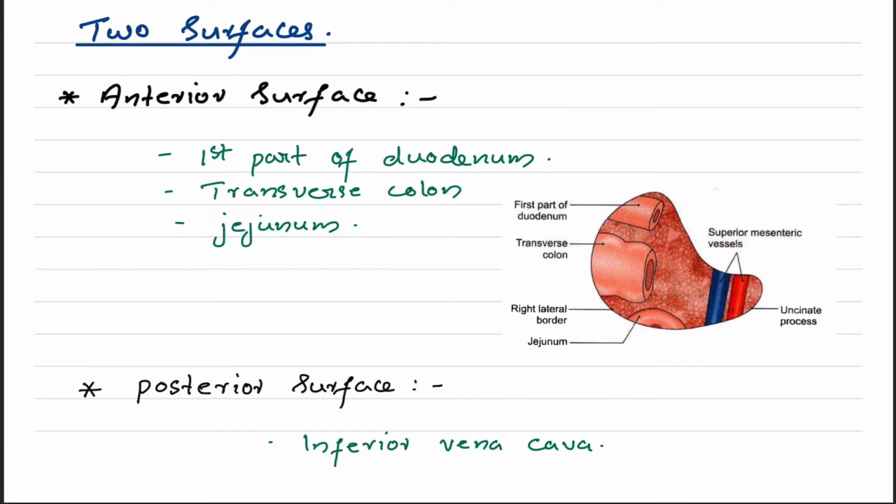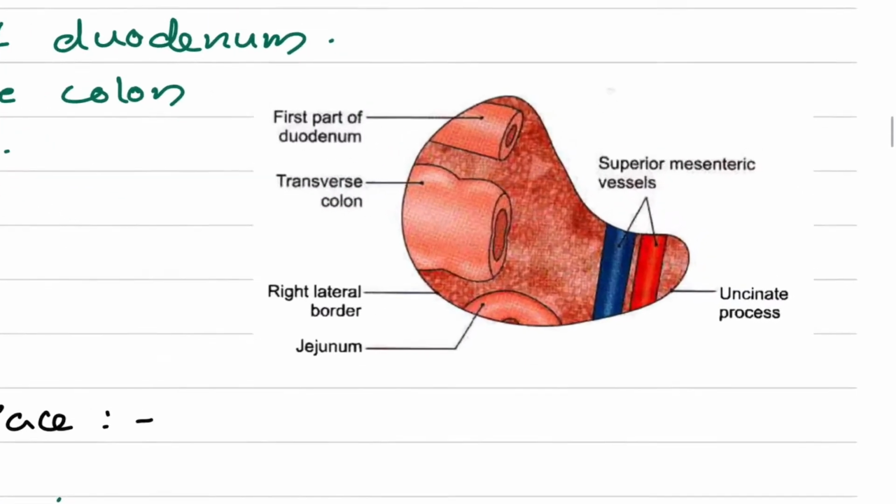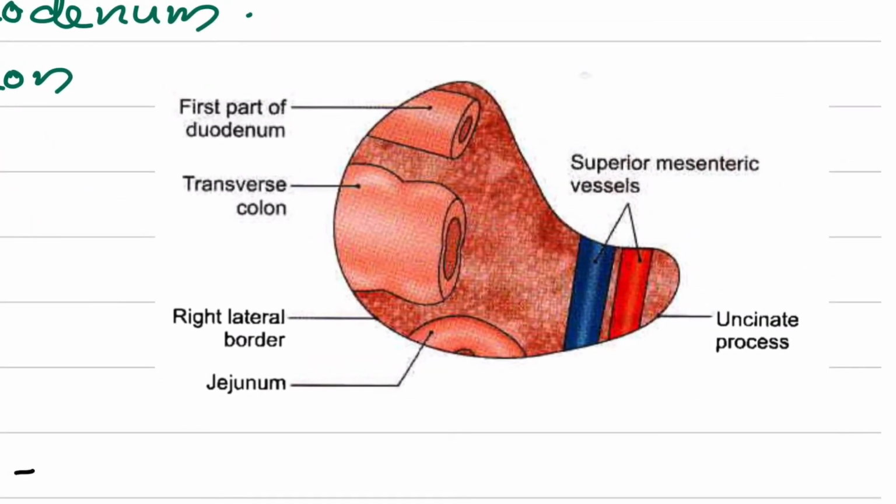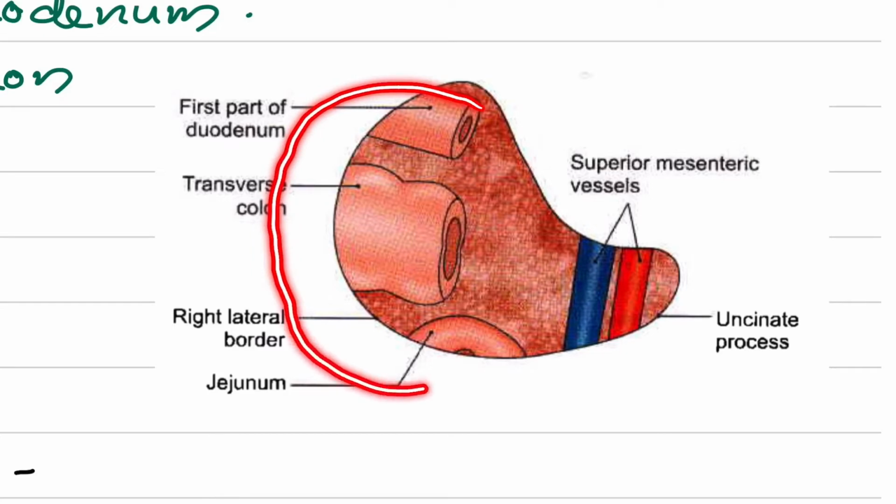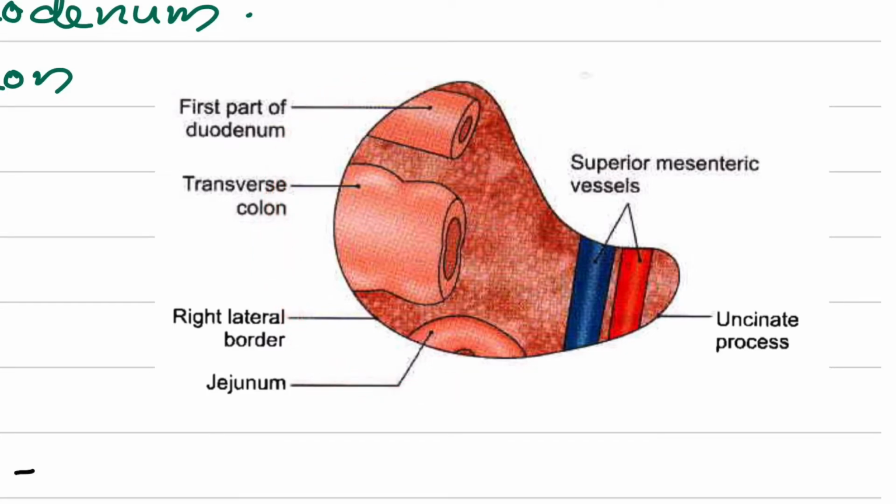In the anterior surface we have the first part of duodenum, transverse colon and jejunum. See this picture, this is the anterior surface. Here we have the first part of duodenum. We already know that the first part of duodenum comes here, then the second part of duodenum and the third part of duodenum. So the first part of duodenum is in the anterior surface. Here we have